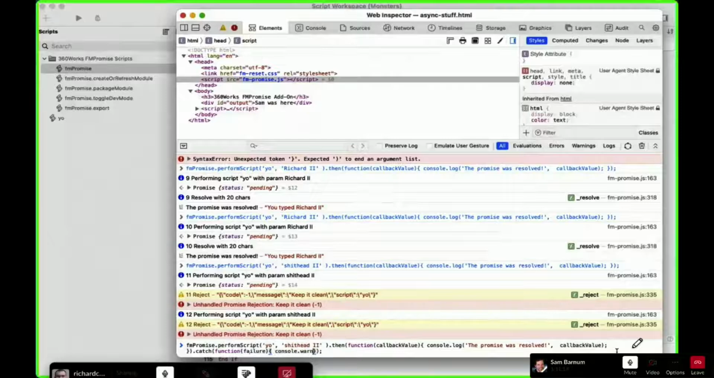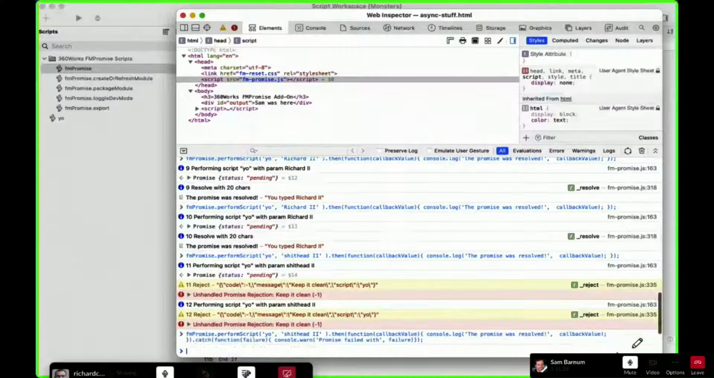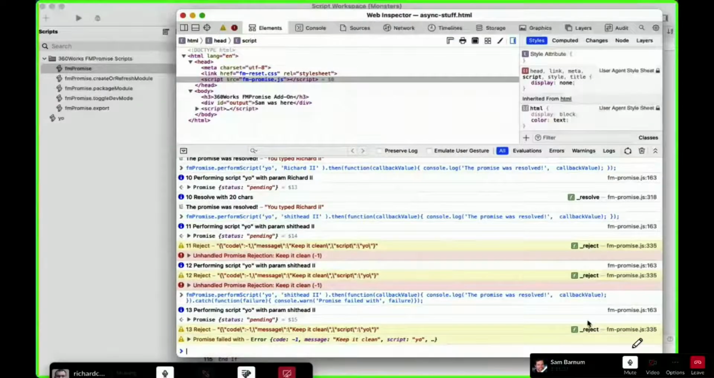And we can say console warn, promise failed with failure. So what is a catch now? A catch is another inside baseball term. Try catch is